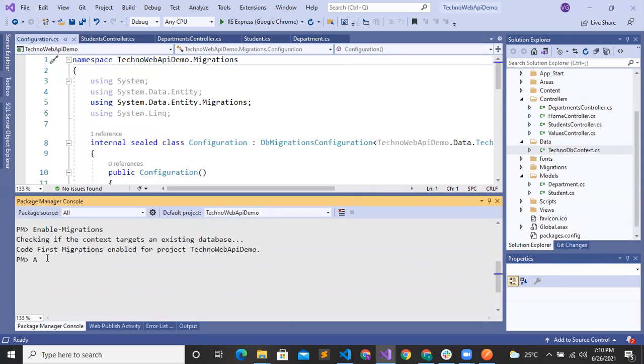Add-Migration, and the migration name, we will name it TechnoMigration, and hit enter.